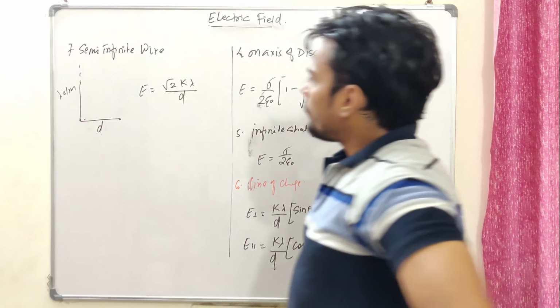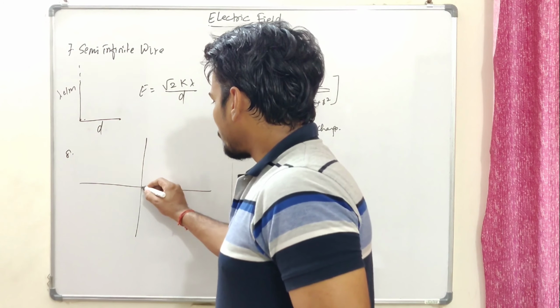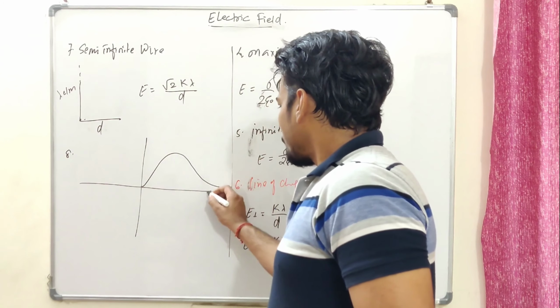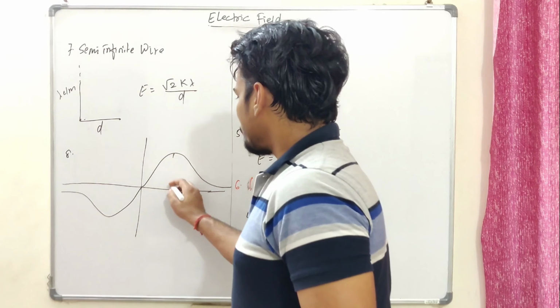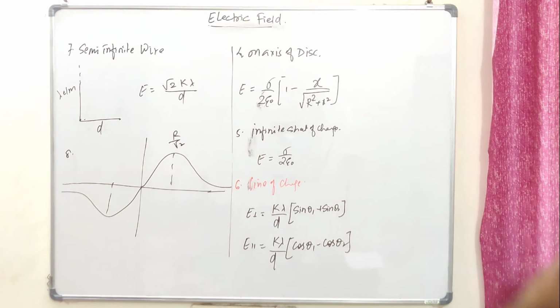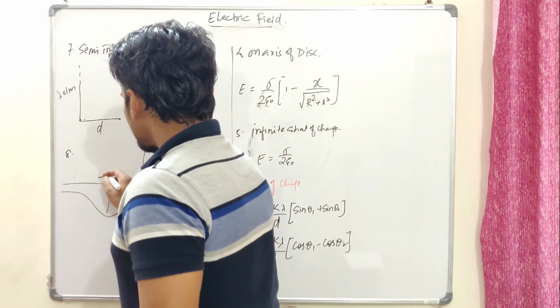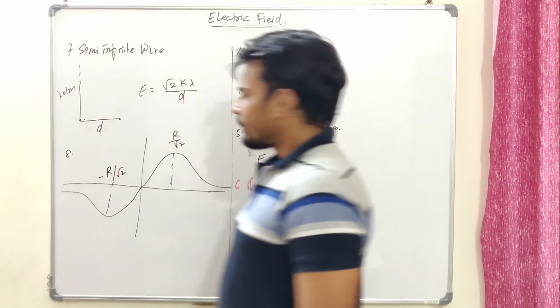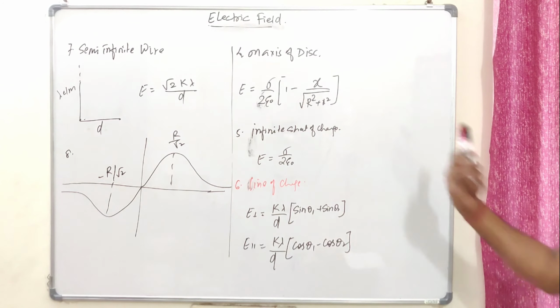Now when we're talking about the ring, the maxima and the minima, let's suppose I had a ring. If you remember this graph, the electric field would have been something like this. So this maxima and this minima were at R by root 2, where capital R is the radius of the ring, and this is minus R by root 2. At these 2 points we had achieved maxima and minima in the case of the ring.